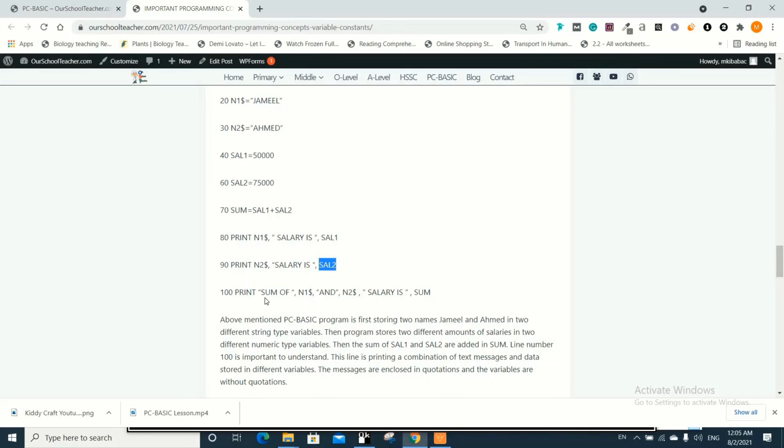Now here I am printing "sum of", this is the message which is enclosed in quotation. Then N1, Jamil, and again this is a message. Then N2, Ahmed. Then this is the message, salary is, then the sum of both salaries, which is stored in the sum variable. So this will display sum of Jamil and Ahmed salary is 1,25,000, right? So this is how variables and constants work in